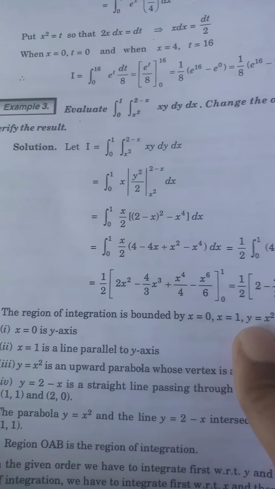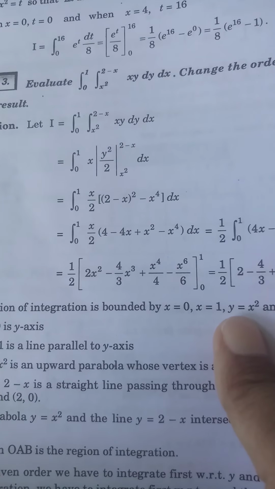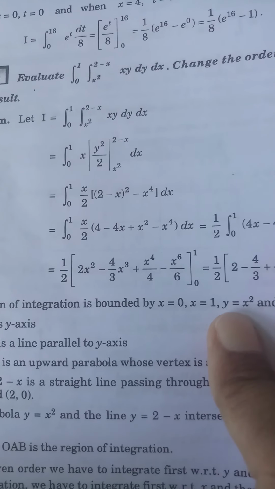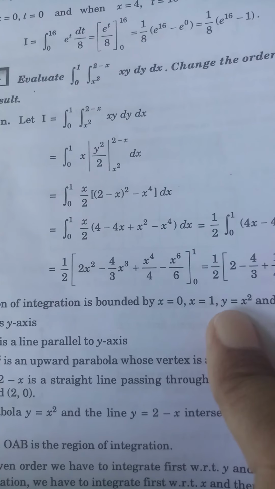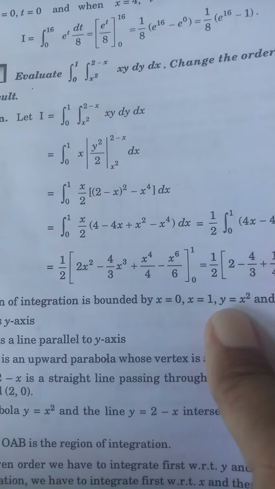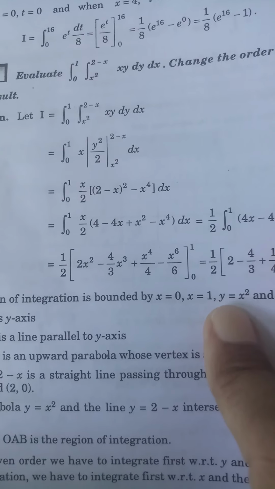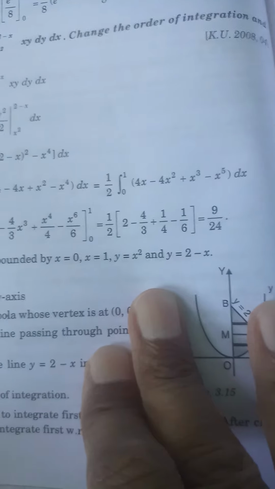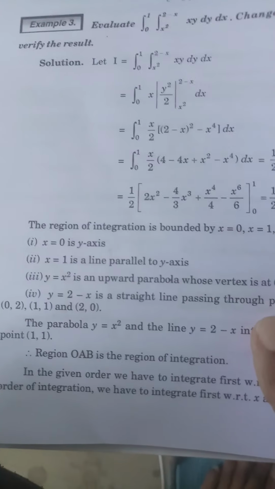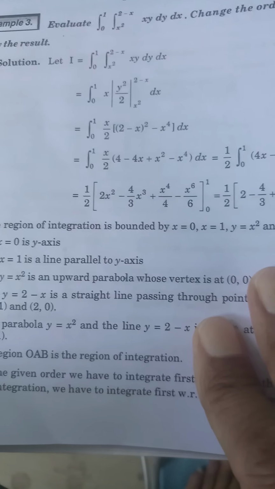द रिजल्ट. तो ये है आपका 0 to 1, x स्क्वायर से 2 माइनस x, xy dy dx. तो पहले विद रिस्पेक्ट टू y किया आपने, ठीक, और फिर विद रिस्पेक्ट टू x कर दिया, तो 9/24 आ गया. अब आपने चेंज ऑफ द रीजन ऑफ इंटीग्रेशन बाउंडेड बाई x इक्वल टू 0 to x इक्वल टू 1,